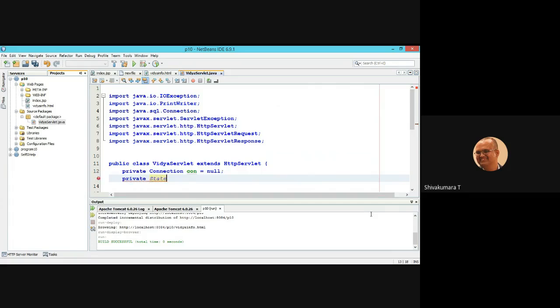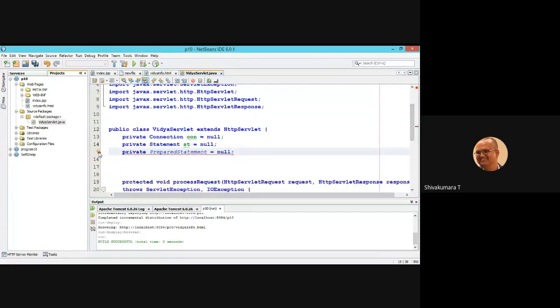Here Statement st equal to null. Import the corresponding SQL Statement. Second one. Now one more private variable, as I said, PreparedStatement, initialized to null. So null means dereferencing that object, if it is used somewhere else in the application.